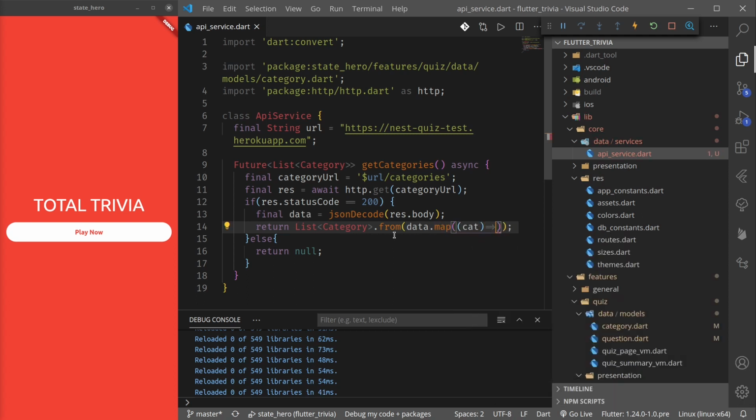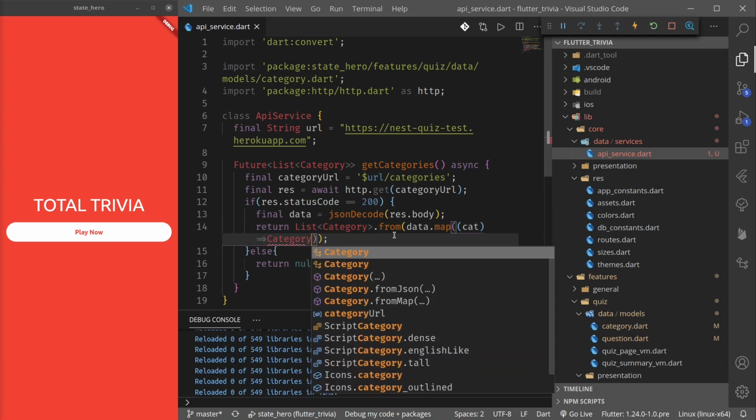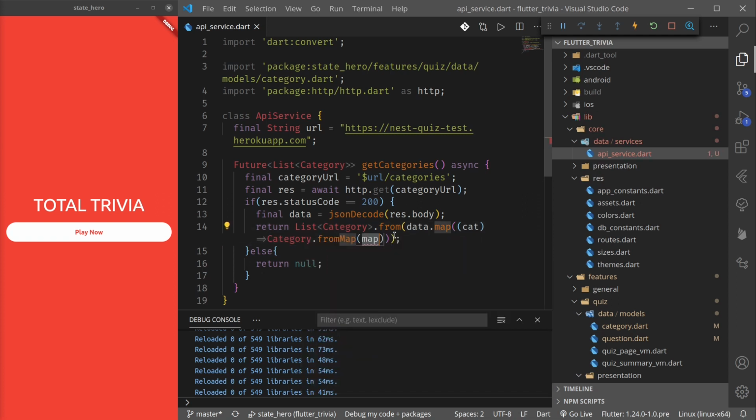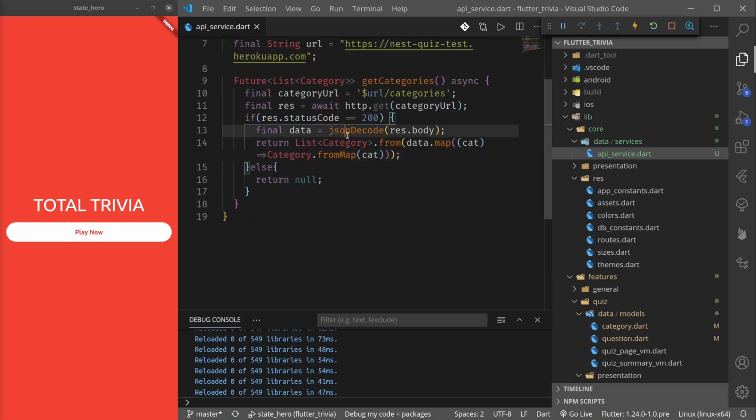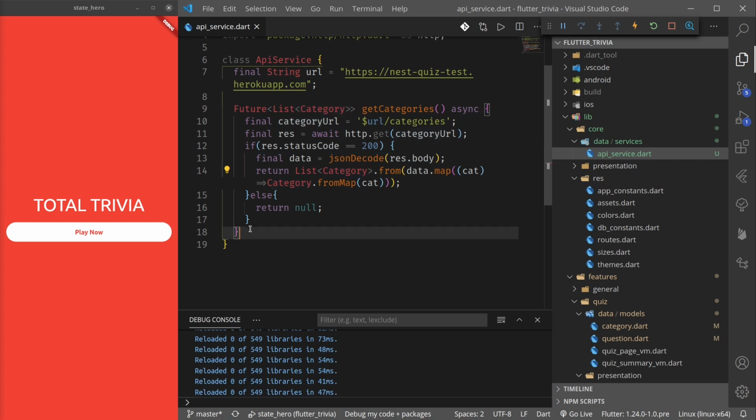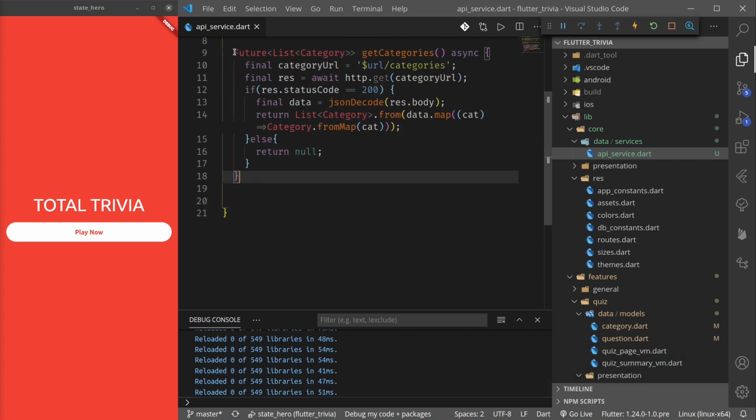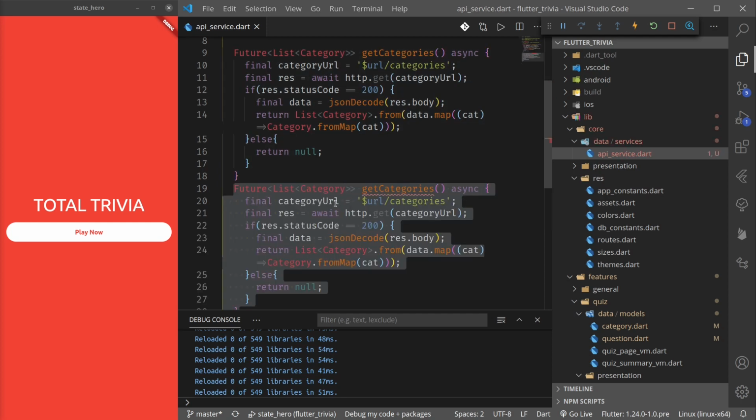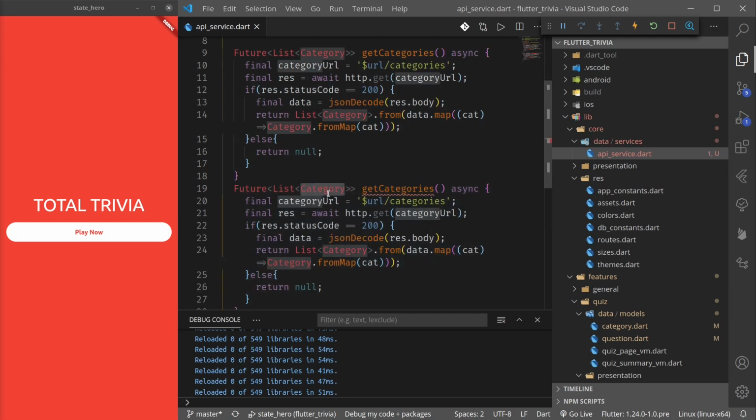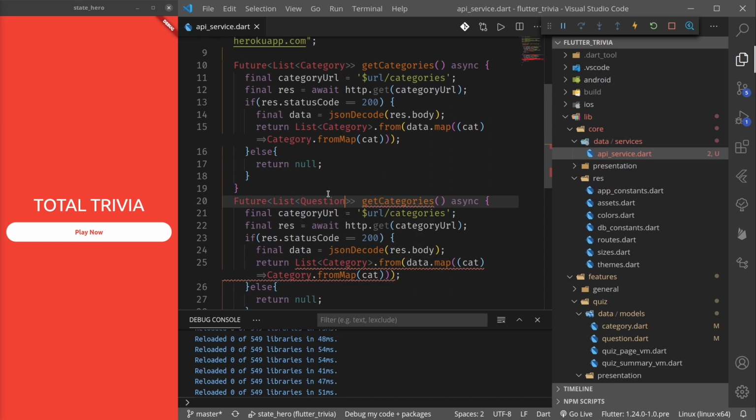cat, and this will be Category.fromMap, our category from data. So this will return a list of categories. Again, we'll do the similar for getting a list of questions. So let's simply duplicate this and change this to question, and let's make this getQuestions, and this will